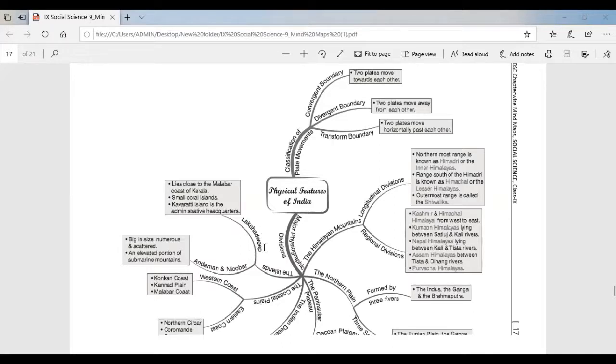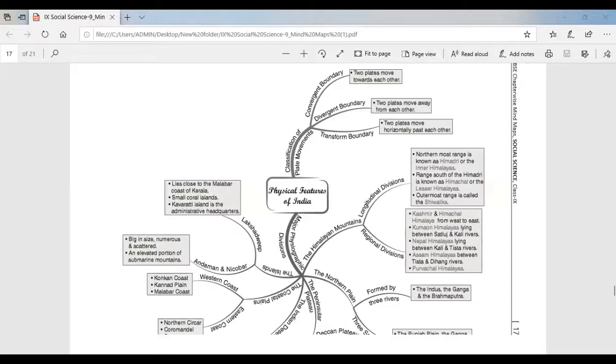Lakshadweep Island group is composed of small coral islands which were earlier known as Laccadive, Minicoy, and Amindivi. The Andaman and Nicobar group of islands is divided into two broad categories: the Andaman in the north and Nicobar in the south. These islands lie close to the equator and experience equatorial climate and have thick forest cover.